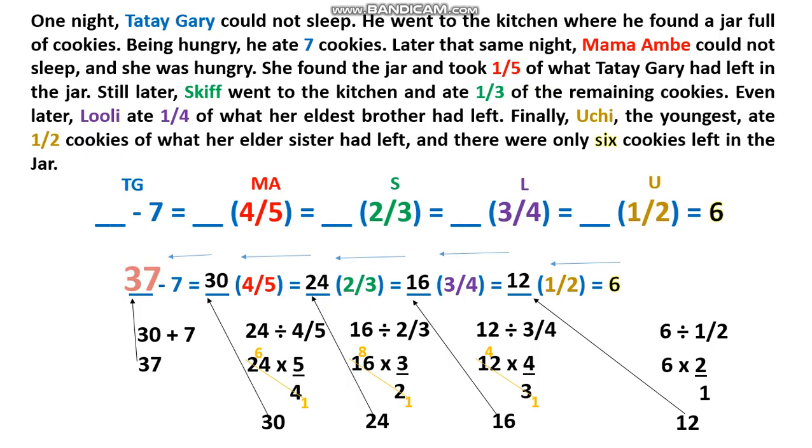That is why, according to the problem, there were only 6 cookies left in the jar after na lahat ng miyembro ng pamilya ni Tatay Gary ay isa-isang kumain doon sa mga cookies na laman nito. Nakuha? So, kung nagkakaroon kayo ng problema, please play and replay the video presentation hanggang sa maintindihan nyo ito. But don't you worry, this video presentation will serve as your initial input because we will still discuss